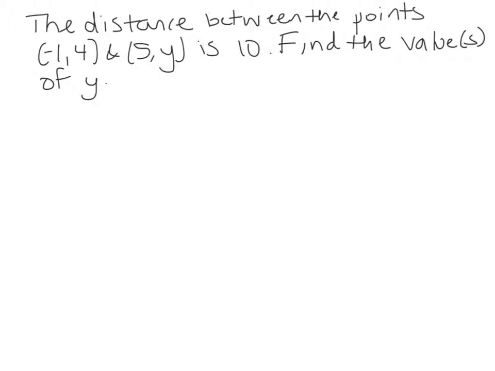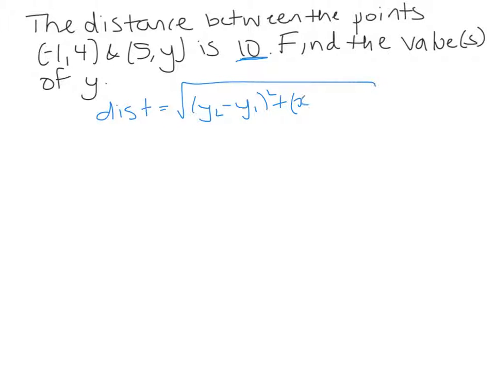Okay, well in this second problem what we want to do is to find the distance between the points (-1, 4) and (5, y), and we know that it's 10. So if we're using the distance formula, and I guess we could do that in this case, we could say y2 minus y1 squared plus x2 minus x1 squared. All I'll need to do is say this is point number 1, here's x1, here is y1. Here's point number 2, and here's x2, and here's y2. Now if I substitute in those things,